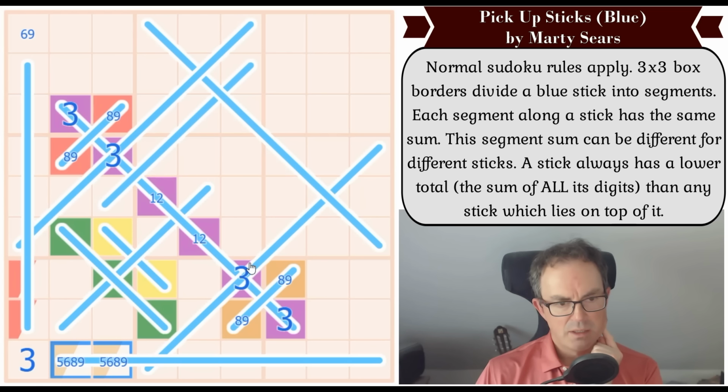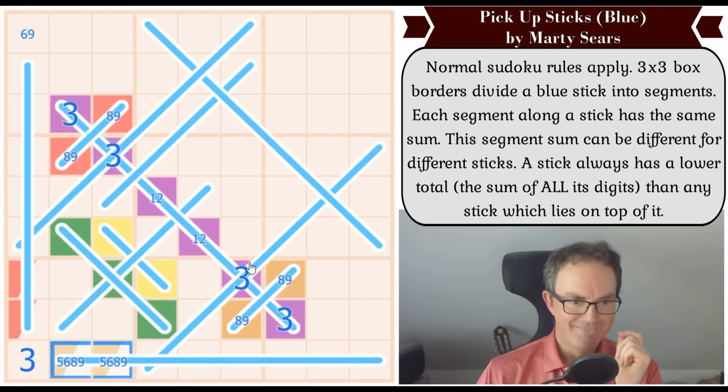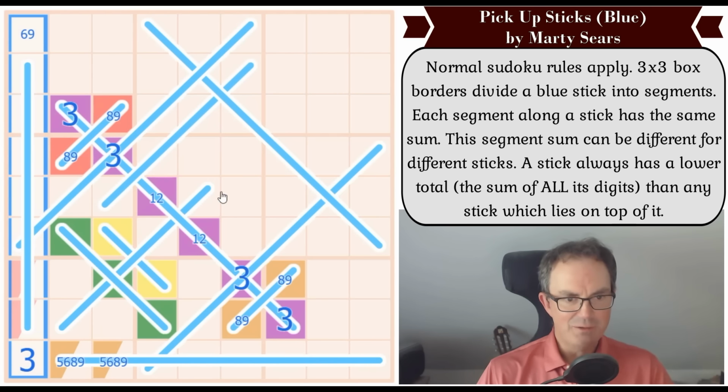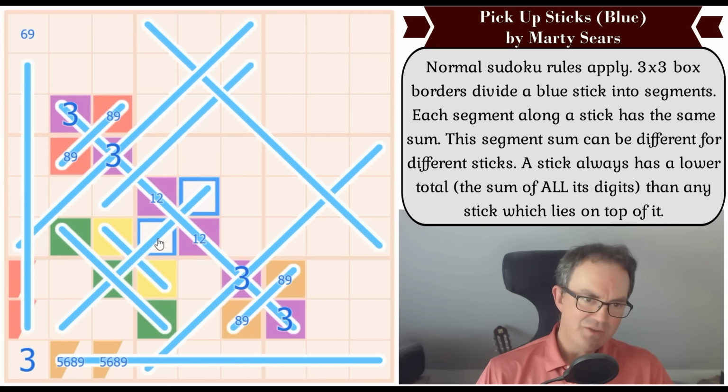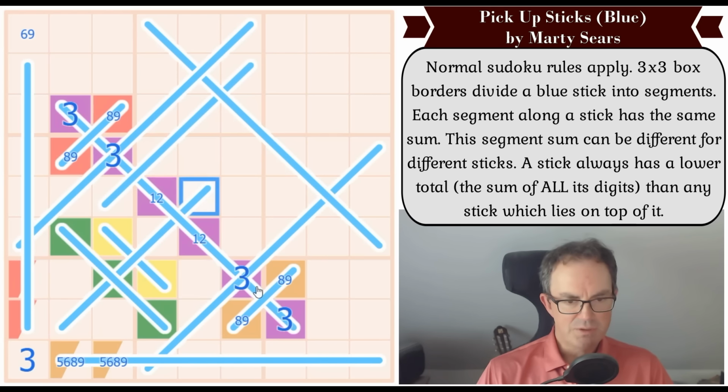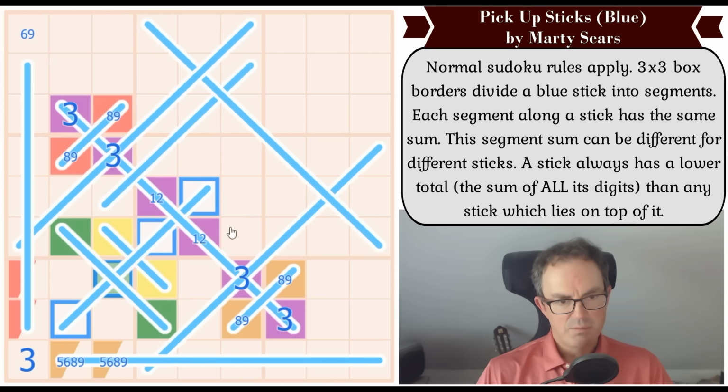Now, can we do more than that? It wouldn't surprise me at all. Okay, let's think about this. I'm not sure whether I'm meant to look at this line or perhaps even that line. Let's just check this line, because that is lower in total than 15, because the purple line is above it. But it's expressible as 2 times a number, isn't it? Because it goes through 2 boxes. So the maximum...